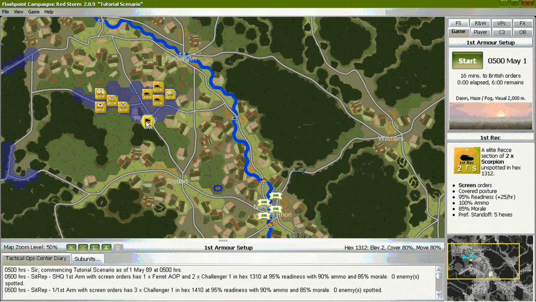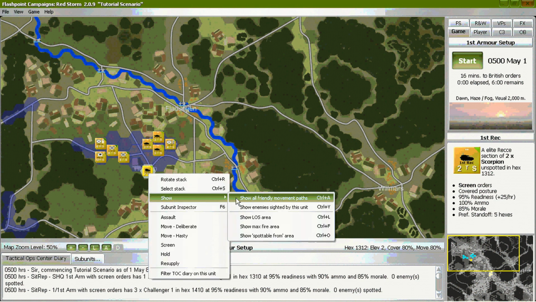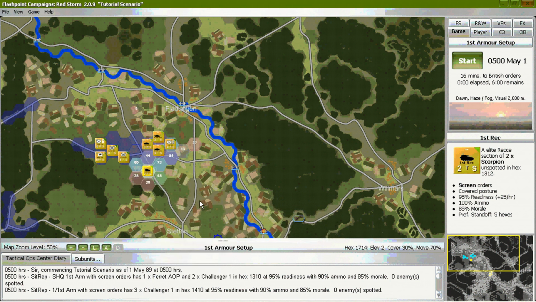Right-click on the first reconnaissance unit and select Show, then LOS area. We right-click, show LOS area. We can also use Control plus L. This will display the visible hexes our selected unit can see from its current location.